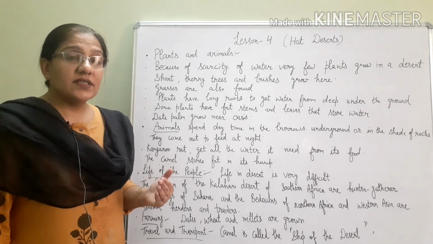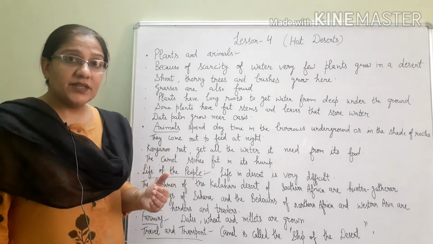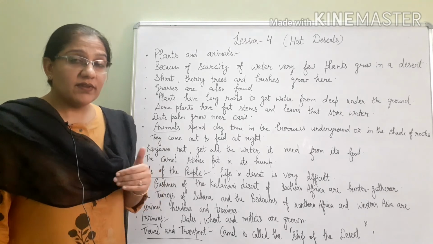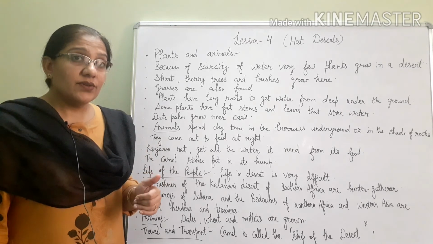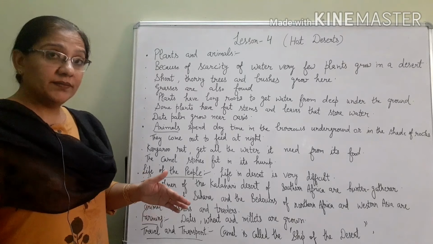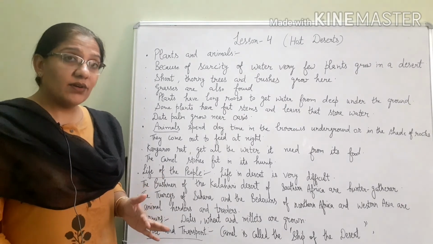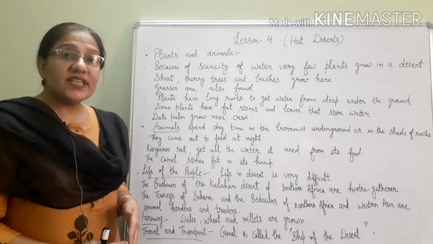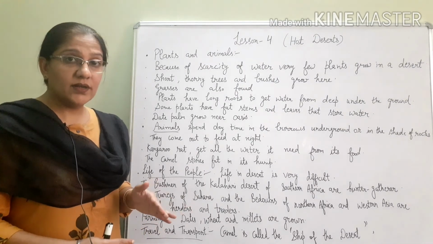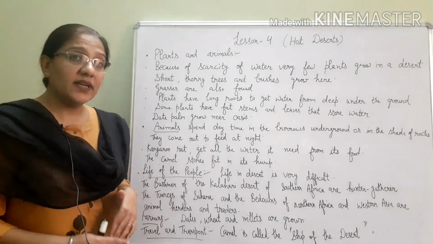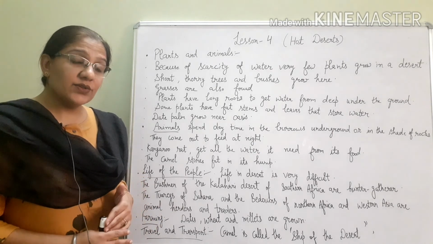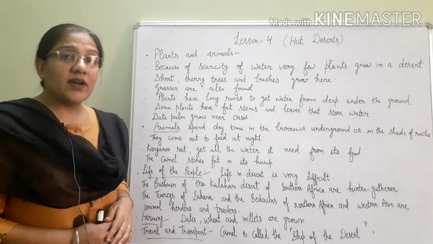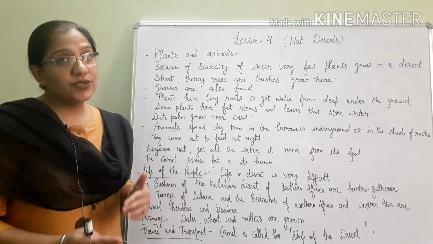If any person gets lost in the desert, he will die soon because of the harsh climate and because of lack of food and water. So life is very difficult, and there are not many means of transportation. Though some roads have been built for the moving of vehicles, still the camel is used as the main means of transport. And in deserts, camel safaris are also available for tourists.